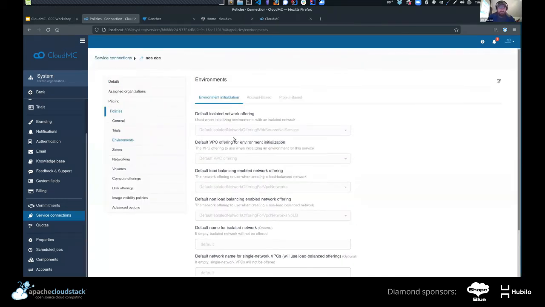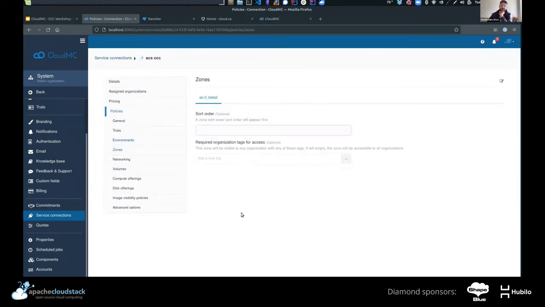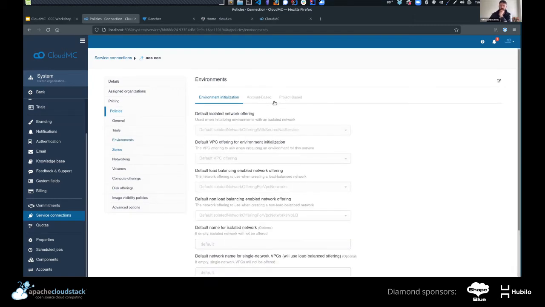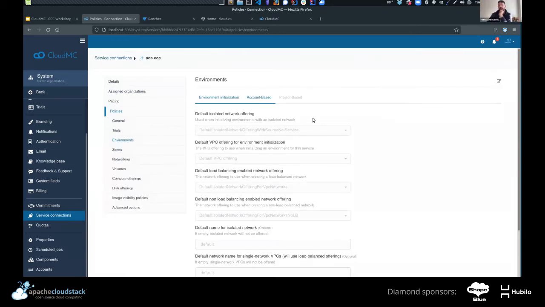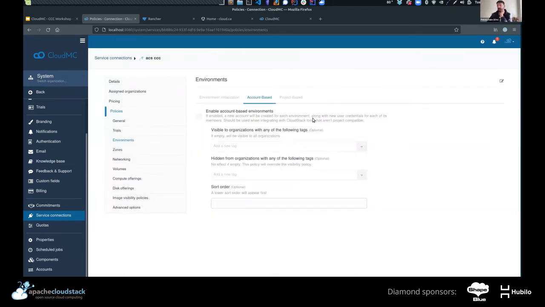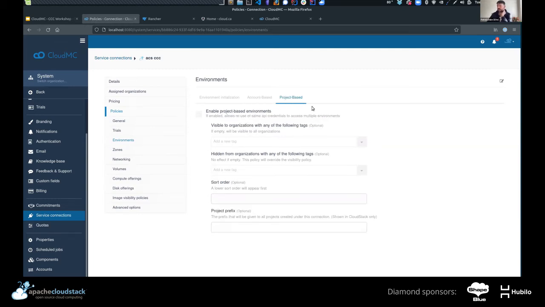These are the different zones. You can have them sorted. If you go back to environments, Will, this loops back to Giles' question. You can configure whether you want environments to be mapped to accounts or projects, or allow a user to choose if it should be a project or an account as well. We can hide or show these capabilities granularly per organization.